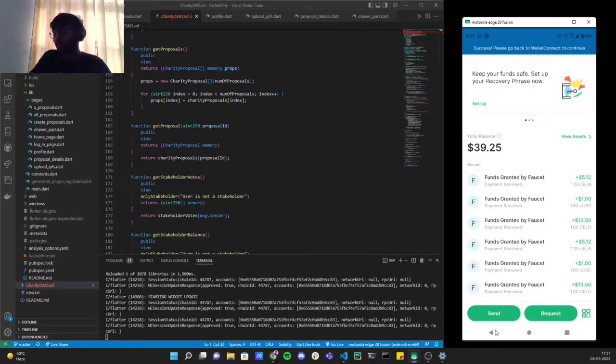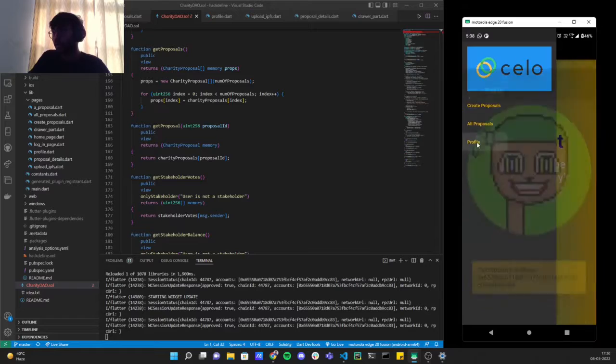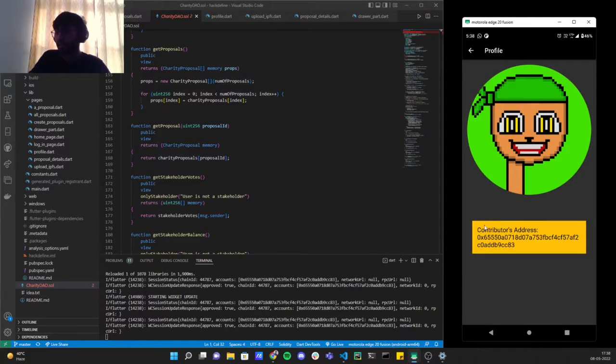Let's just connect. Okay, as you can see, it's connected. This is our homepage. Welcome to DApp-Truist. Become a part of the altruistic community. This is our profile page. This is the address we have connected to the DApp with. And the fun fact about this image here,